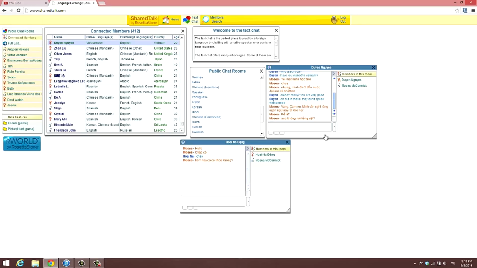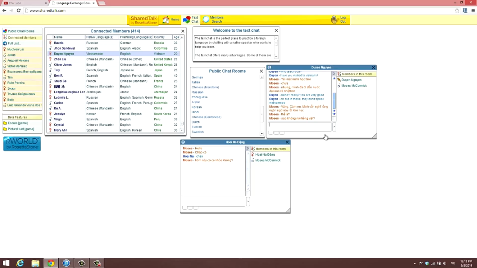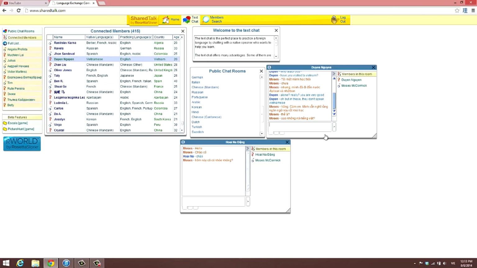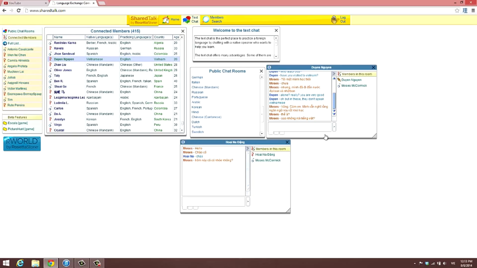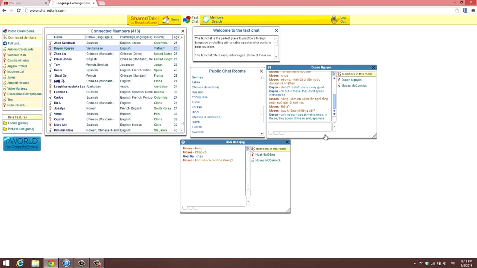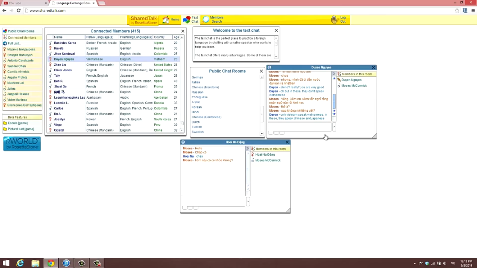Now, also keep in mind, if you're not fully comfortable yet and you need to refer back to notes, you can do that. But as long as you keep practicing, you will notice that you don't need to. You master the material for the most part, but in order to completely master it in an active way, you need to practice in the way that I do. So I either use chat rooms or I go to restaurants or whatever to find people to practice with. That's how I do it.